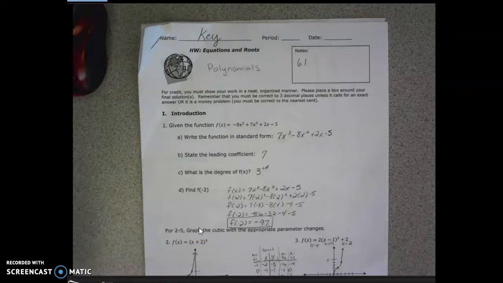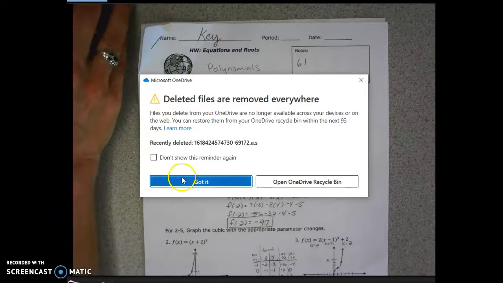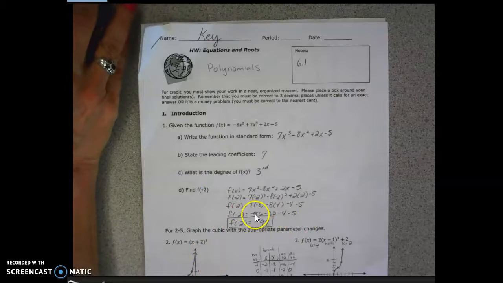All right, this is lesson 6.1. I'm going to go over the key with you real quick. I'm going to go over it kind of quickly as I'm going over it. If you have any questions, please write them down because you're going to have a chance to ask questions on